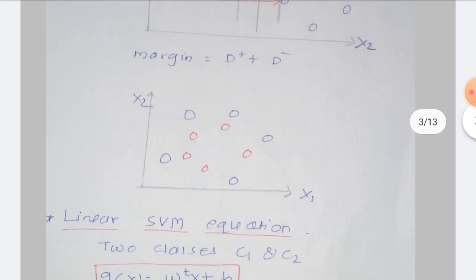Now see one more diagram here. Here data points are given, two types. One is defined by red color, another by blue color. Now can we draw a single line through these data points so that we get two classes? Anyway, we can't draw a single line which can separate these data points into two different classes. That's why this kind of problem we can't solve using linear support vector machine.